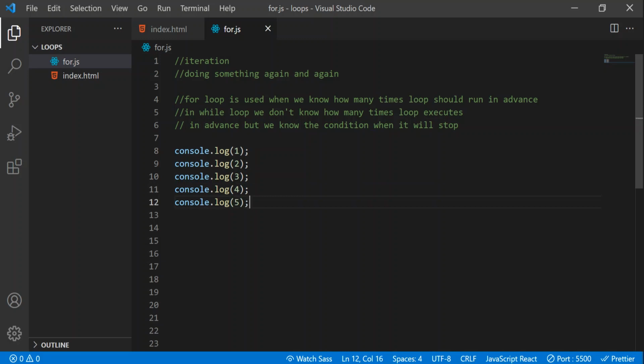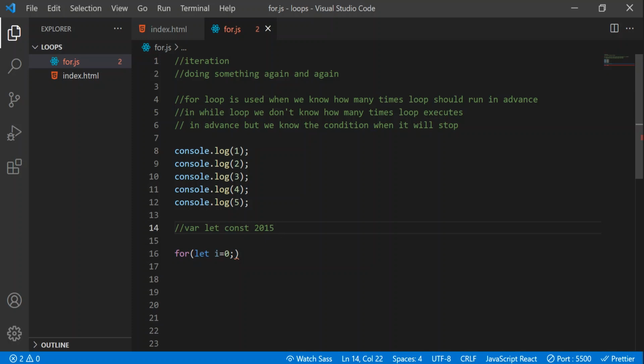Now let's see how the for loop is going to solve this problem. Now I'll write for, and I'll use let i equal to 0. And friends, I already told you that we can declare variables in JavaScript using three keywords: one is var, another is let, and the other is const. The let and const keywords were introduced in the ES 2015 version, the ES6 version, and there are some differences between these three keywords, which I'll discuss clearly in the later videos. For now, I'm using let here.